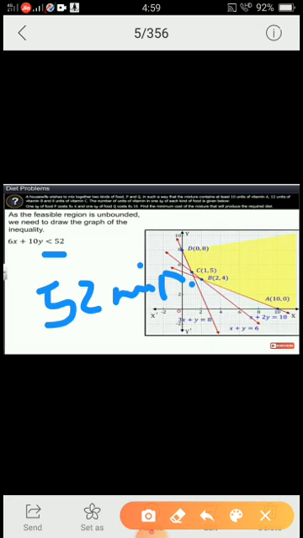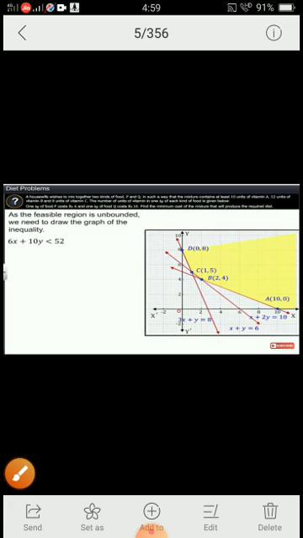Okay, now I have to check whether there is any value where the function is smaller, that means a value less than 52. So for that we write the inequality as 6x plus 10y less than 52. Is that clear? Less than 52. Okay, so just take the points and you will see that we can mark the equation in the graph, and that should be drawn with a dotted line.